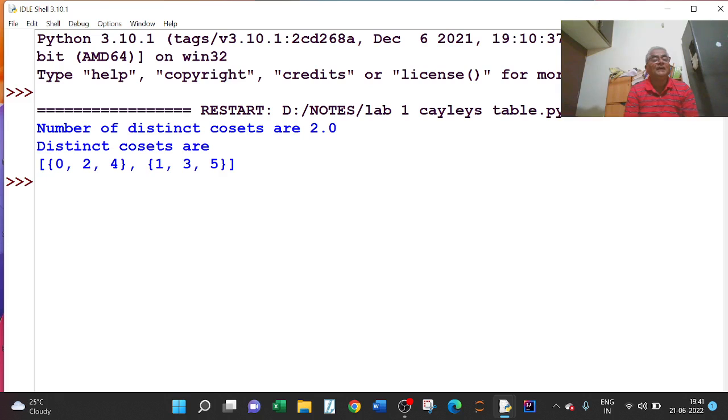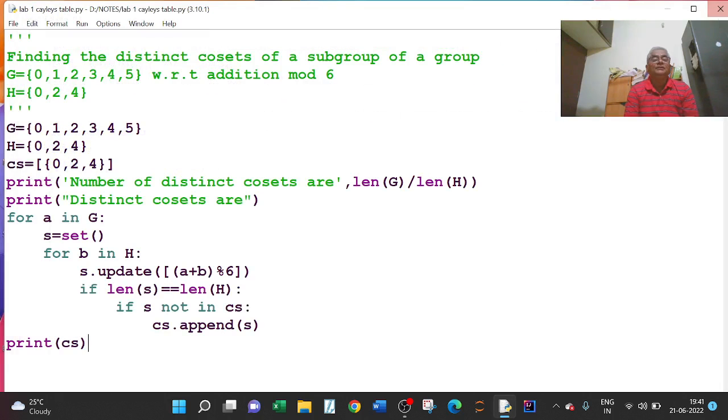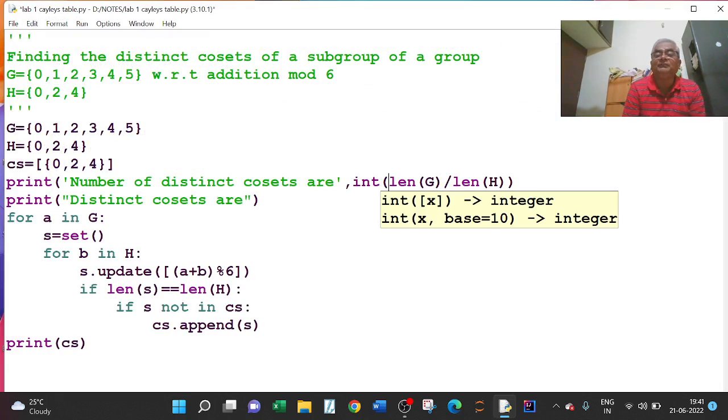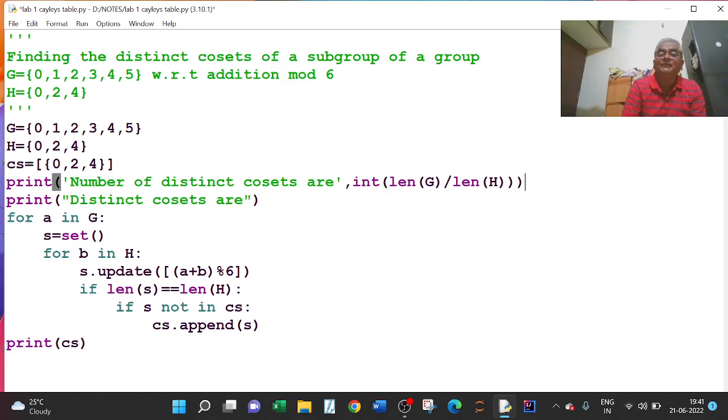Then the distinct cosets are 0, 2, 4, and 1, 3, 5. 0, 2, 4 is one coset, and 1, 3, 5 is another coset. Now if you want integers here, you can type int, open bracket, and finally close it. Then this will give the result in integer form.